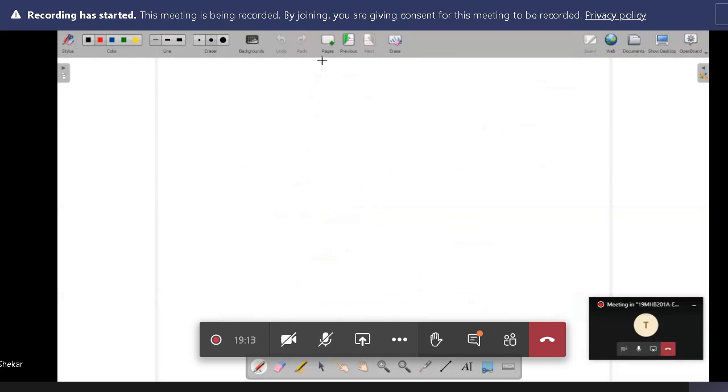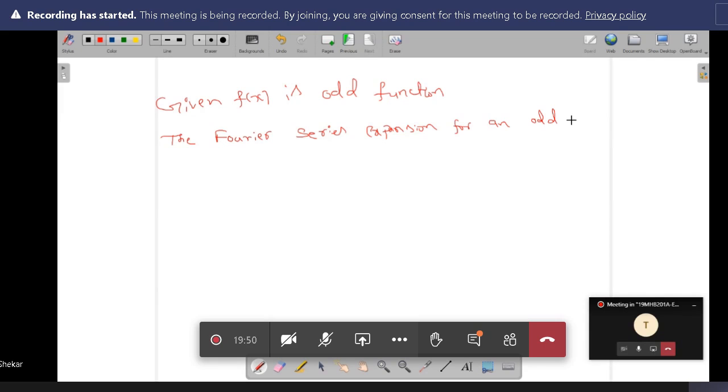Given that f of x is an odd function, the Fourier series expansion for an odd function is,